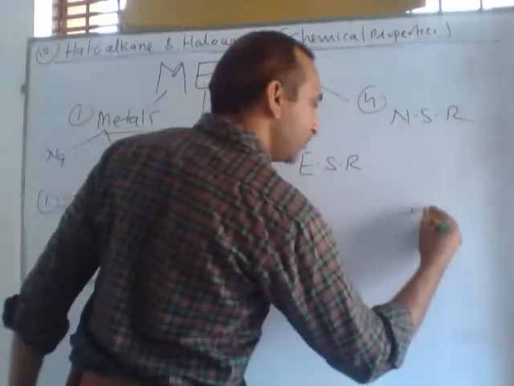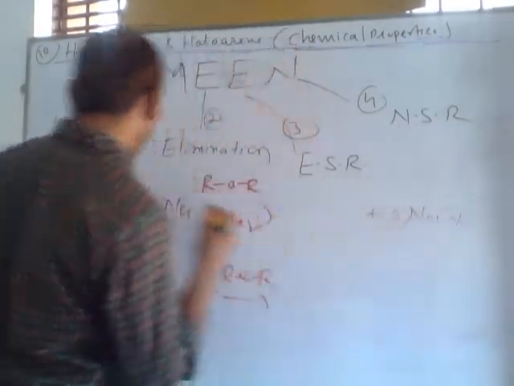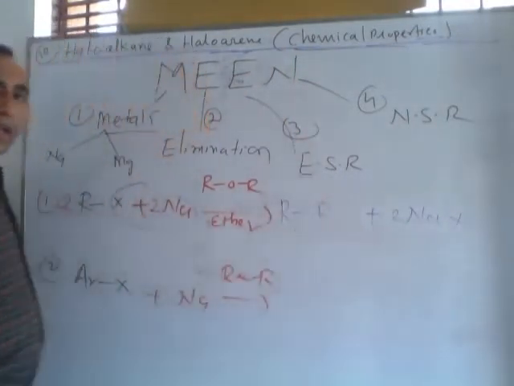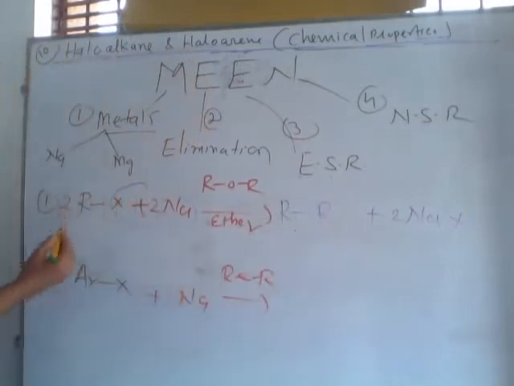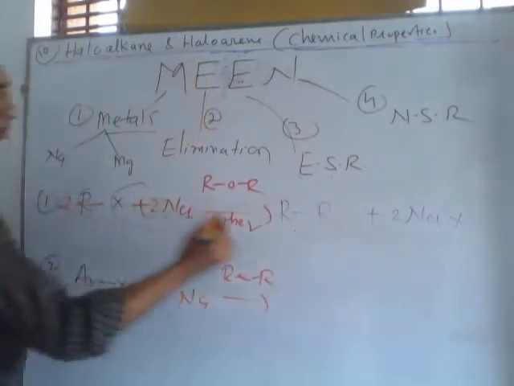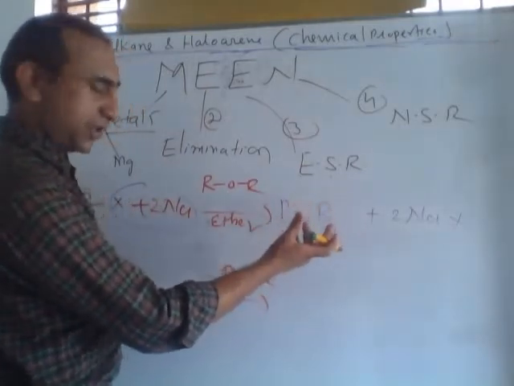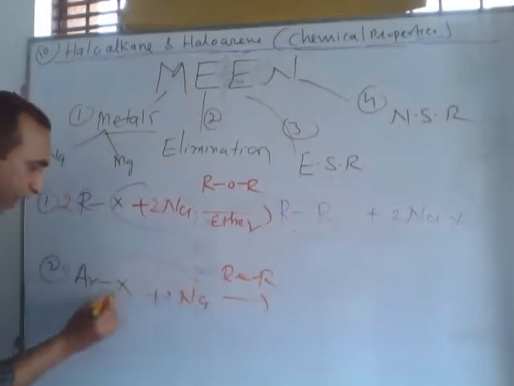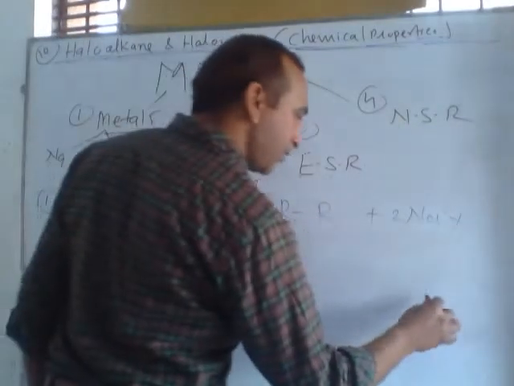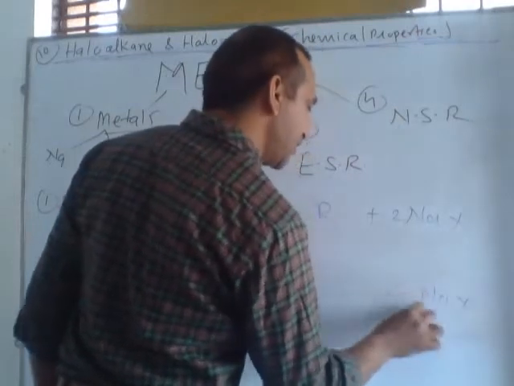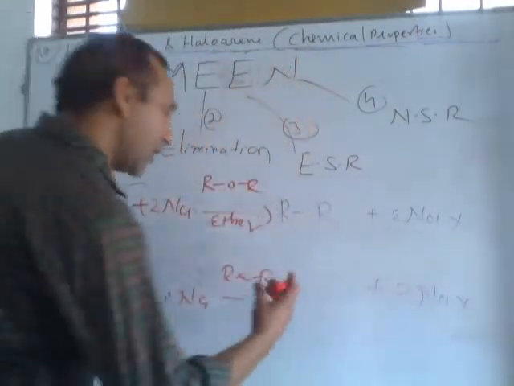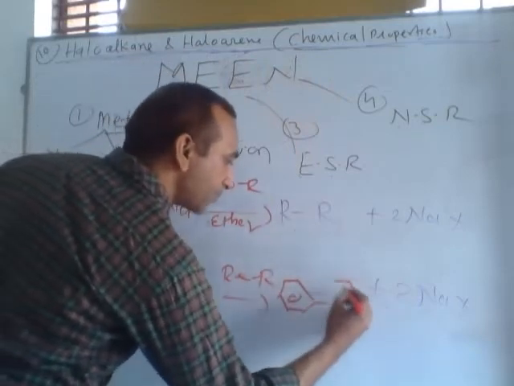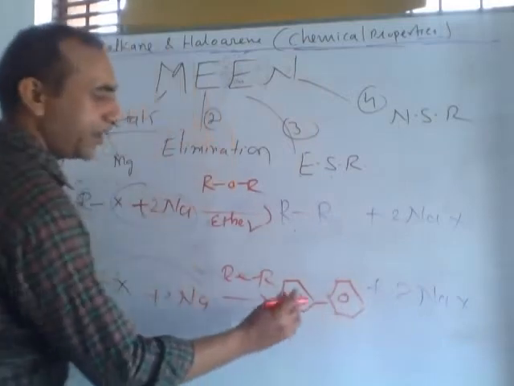NaX, sodium halide, is formed along with R and R. These two are connected directly. This is called alkane. You can use an example: if R is CH3, the product is ethane. In the case of ArX, 2 ArX react with 2 Na. In the end, as a product, NaX is similar, and after the reaction 2 Ar, meaning phenyl rings, are directly connected with this bond.